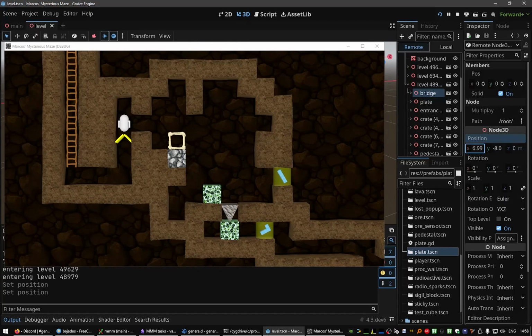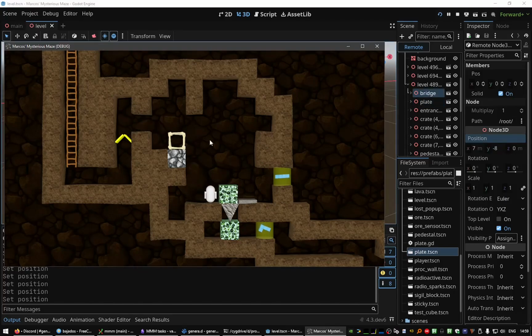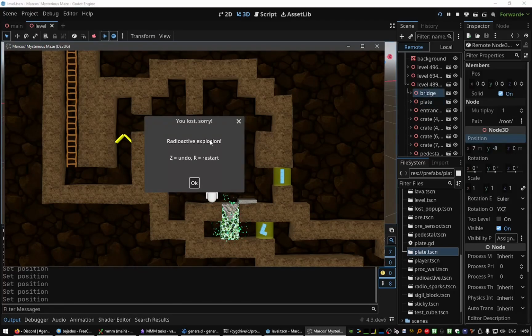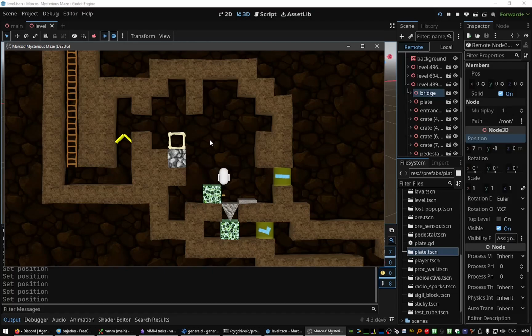So imagine, for example, if there is a bridge here and the pressure plate is, let's see, for example here. So we play. Obviously now the bridge does nothing because it doesn't exist really in the logic of the